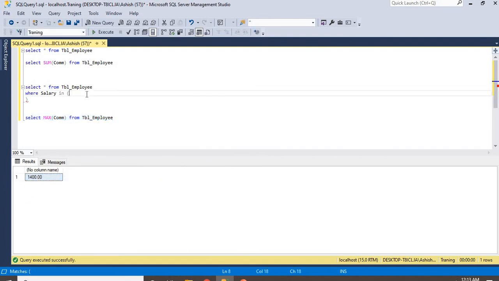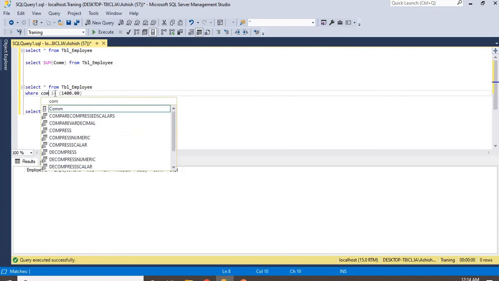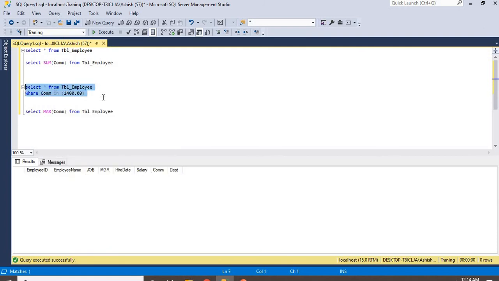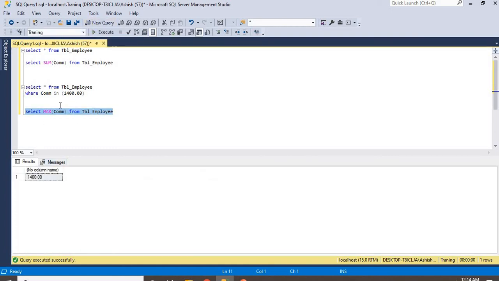Copy and paste it, and this will return the exact value. Oh sorry, I kept commission in the salary place, so it is not returning any row. No problem. This is the person getting the maximum commission. In the subquery this query runs first, returns 1400, and then passes it to the main query.